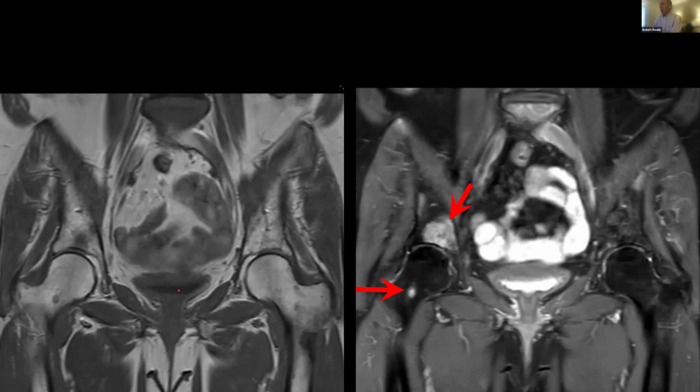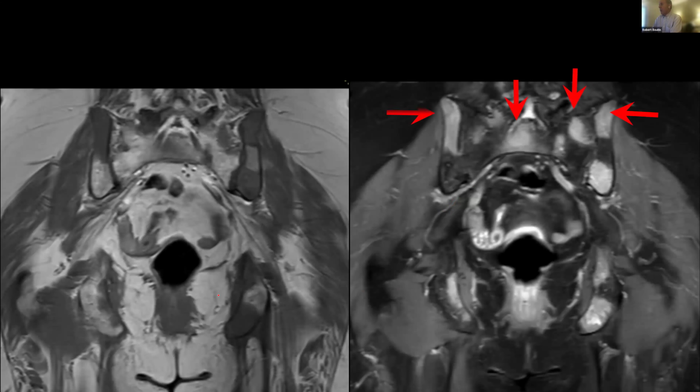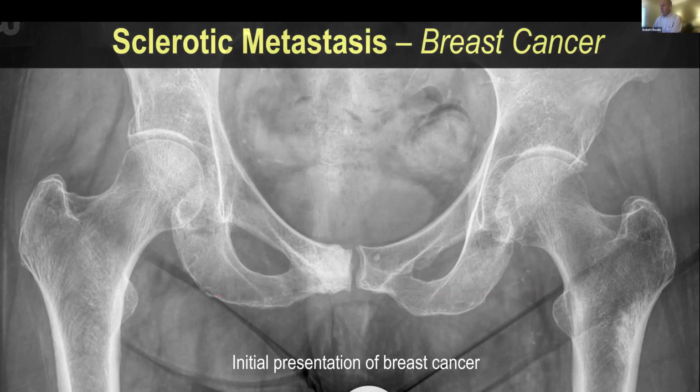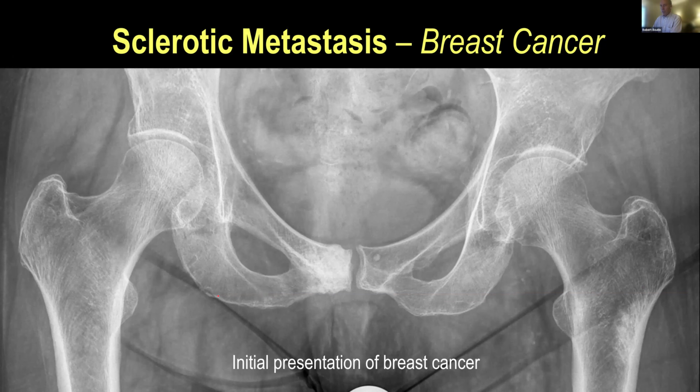And so it just turns out that when opening up the field of view on the MRI, the more we looked, the more we saw these areas of marrow replacement indicative of metastatic disease. And this was an initial presentation of breast cancer.